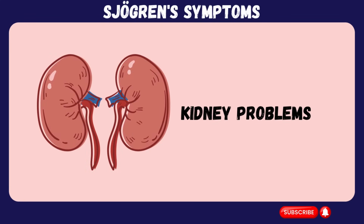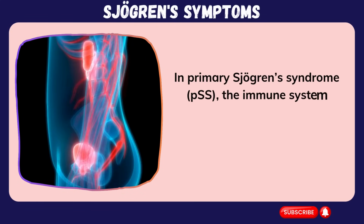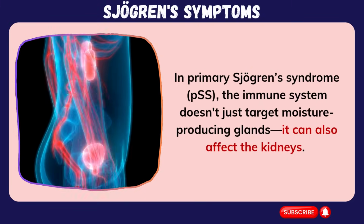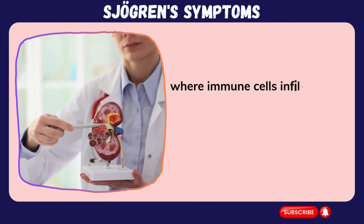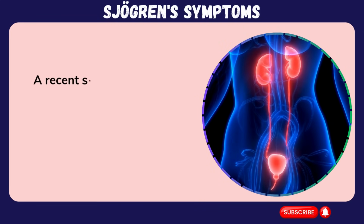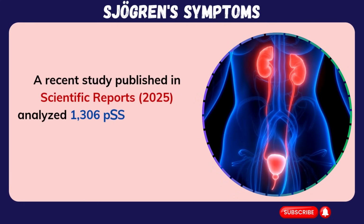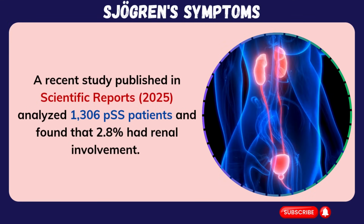Next, number 9. Kidney problems. In primary Sjögren's syndrome, or PSS, the immune system doesn't just target moisture-producing glands, it can also affect the kidneys. This often manifests as tubulointerstitial nephritis, TIN, where immune cells infiltrate the spaces between kidney tubules, leading to inflammation and impaired function. A recent study published in Scientific Reports, 2025, analyzed 1,306 PSS patients and found that 2.8% had renal